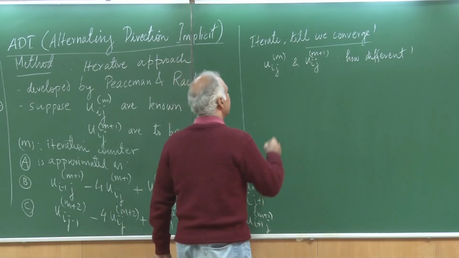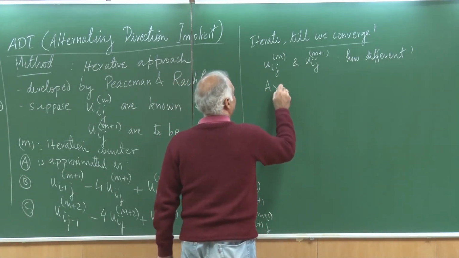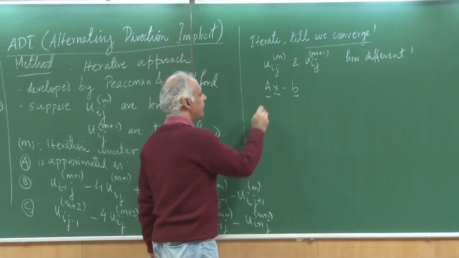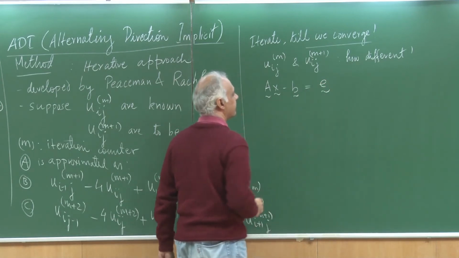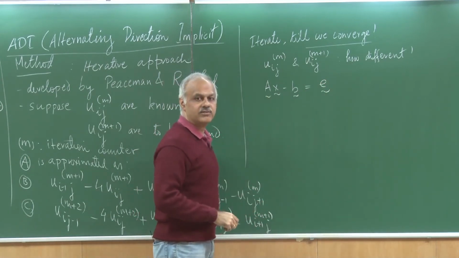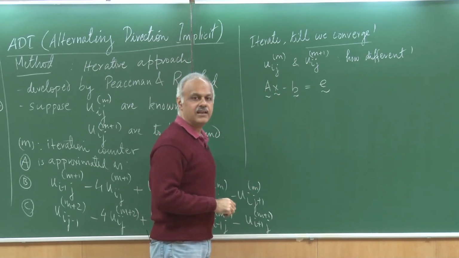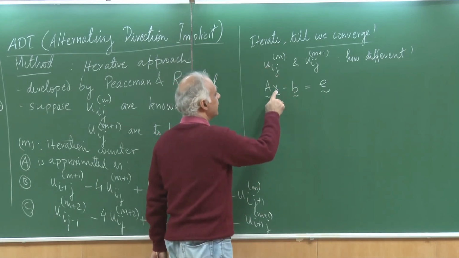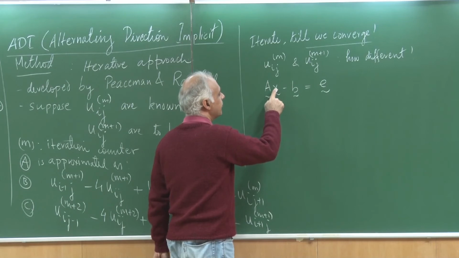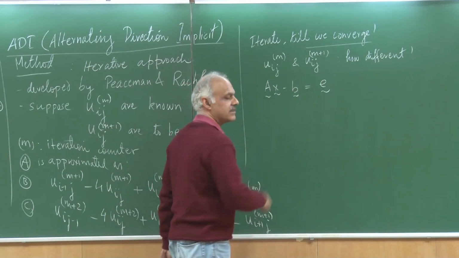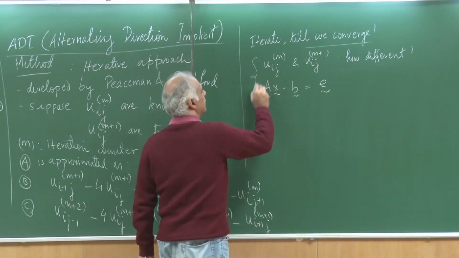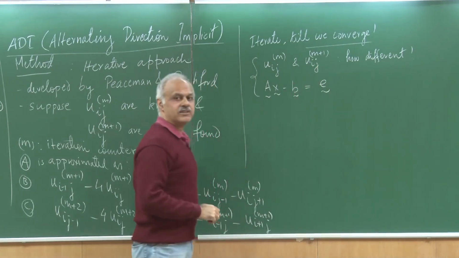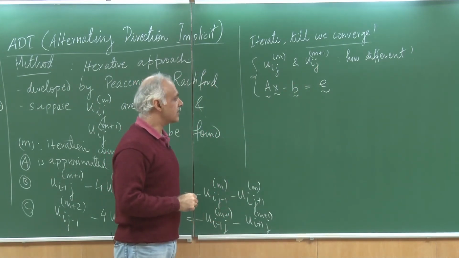I should really look at Ax minus b. If I look at this as the error, this is the equation I was trying to solve. This is a stencil for the Laplace equation. This should be 0. So, when I substitute finally, here x is same as u. If I substitute for u, I should get close to 0 here. So, these are the two conditions. This is based on the residual, and this is based on the increment, and we are going to talk more about this later on.